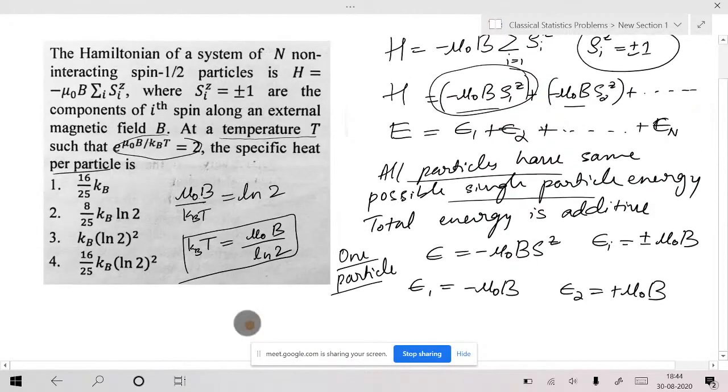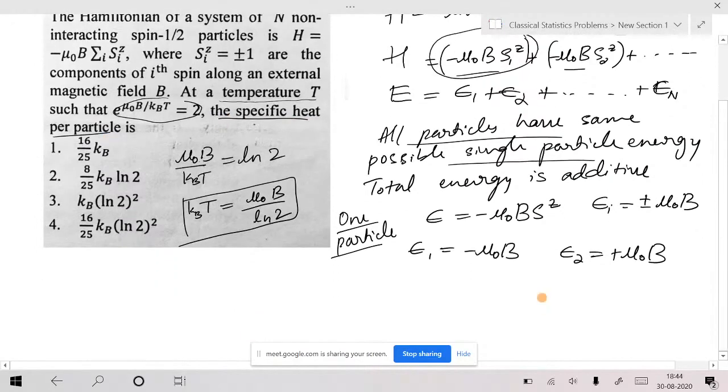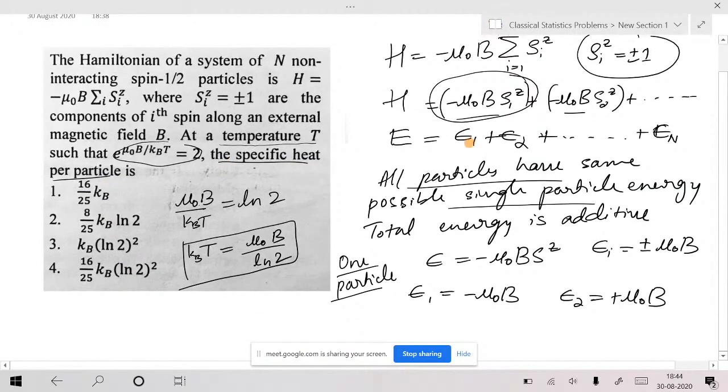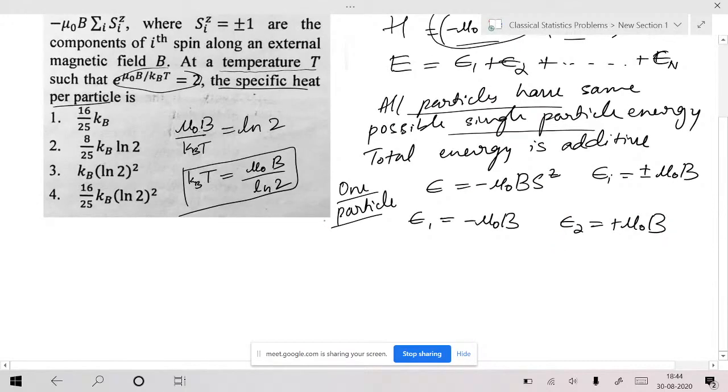Now look at here, he's talking about specific heat per particle. This is exactly similar to an n particle system, where each of the particles has a well defined individual single particle energy. That's why we can deal with one particle. For an n particle system, we can multiply with n. We have written Z1, then the partition function Zn is Z1 whole power n, isn't it? We calculated the total average energy as n times the average energy of a single particle. We can use all of these.